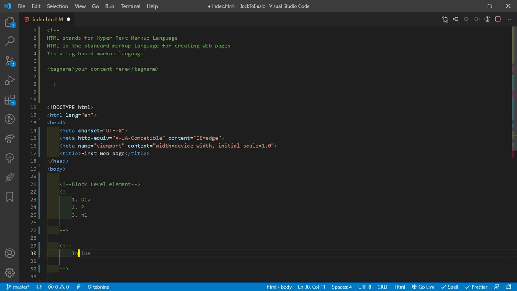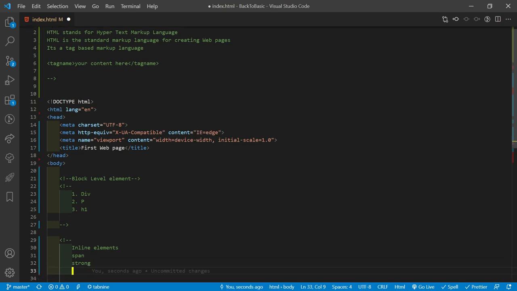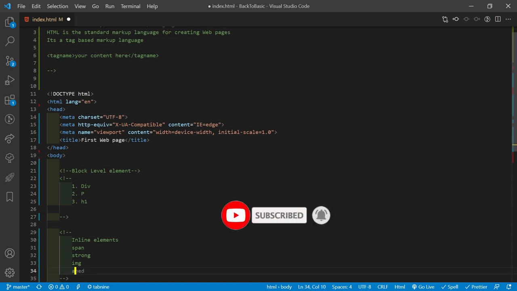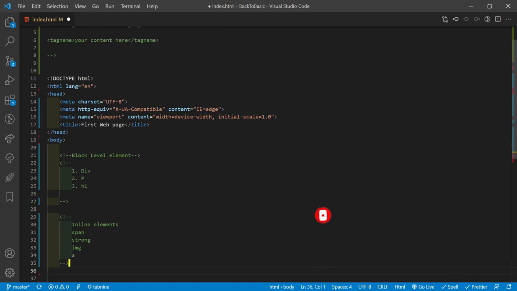If you have to write anything on the same line without any line break, you can use inline elements in LWC, such as the span tag, the strong tag, image img, and the anchor tag. These are all inline elements.